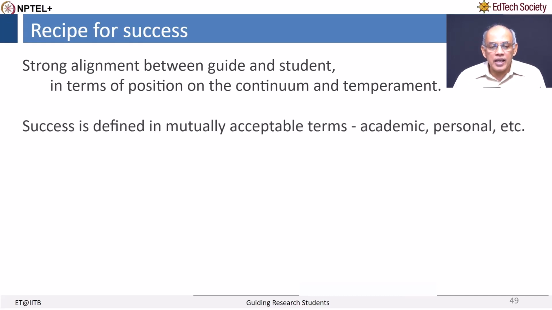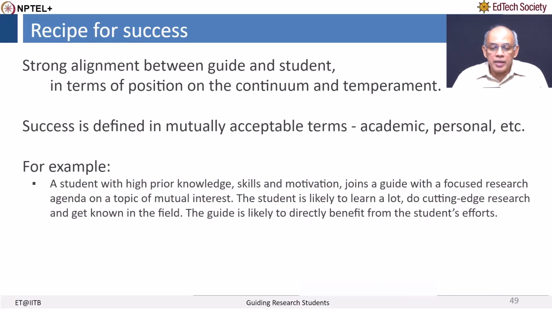So, in this case success is defined in mutually acceptable terms. The success may be academic in terms of research publications or getting a postdoc or a faculty position, or the success may be in personal terms in terms of being able to think broadly or being able to undertake larger projects. Or it could be any other item which is mutually defined between the guide and the student. For example,